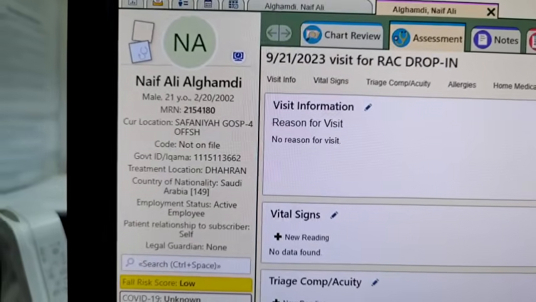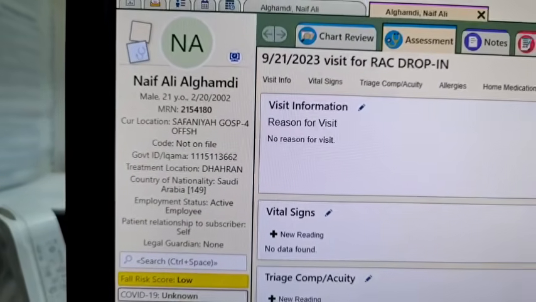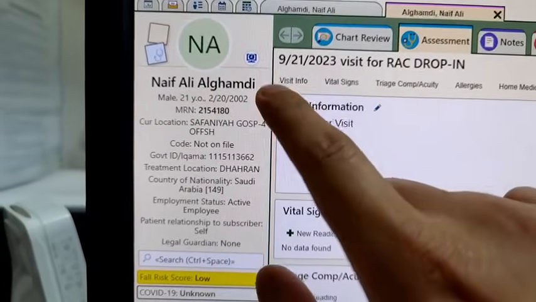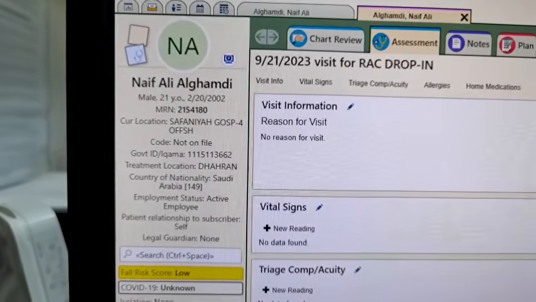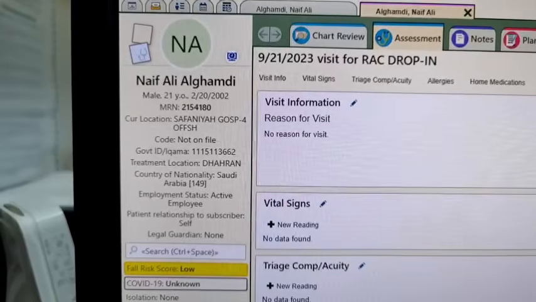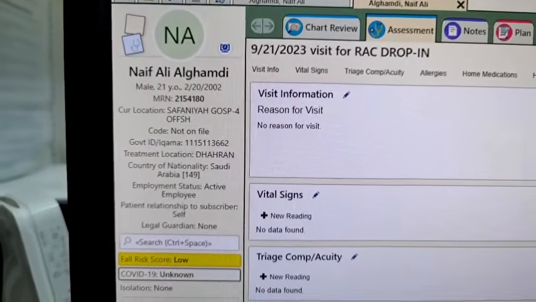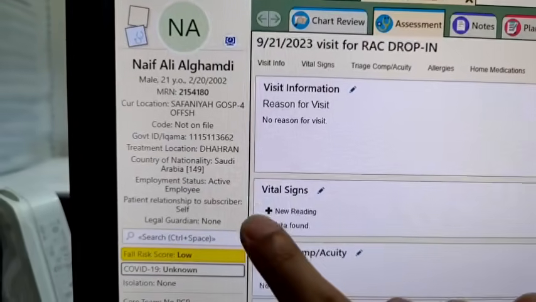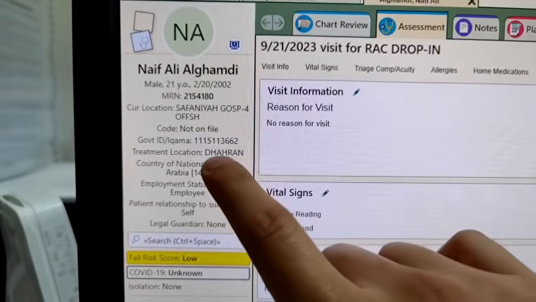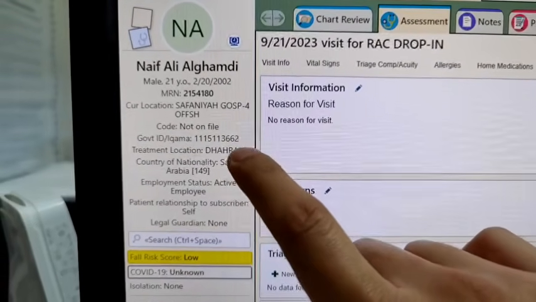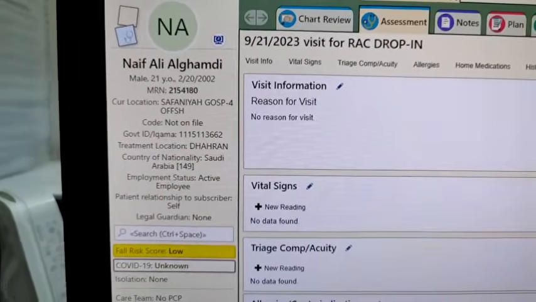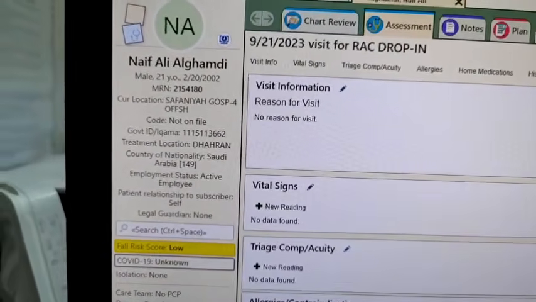So this is unique for each individual employee. If you type this MR number, this individual patient will appear instantly instead of his relatives, wife, or brothers and sisters. Also note his treatment location, because this is the indicator of where you will transfer the patient in times of emergency.